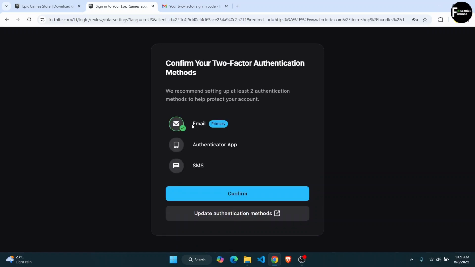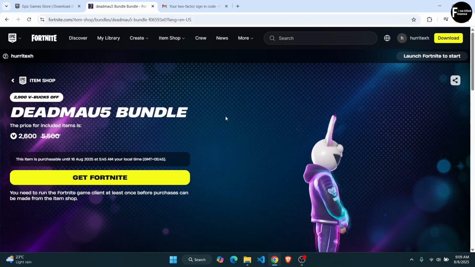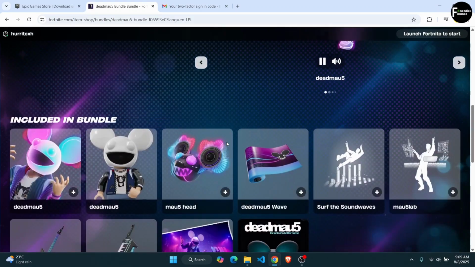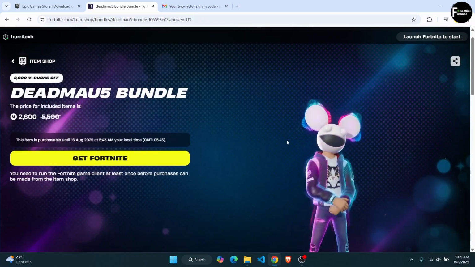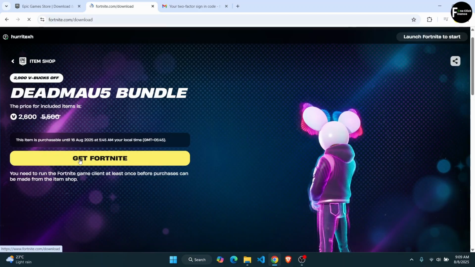Now you can confirm your two-factor verification, so let's just confirm this. And once you are logged in, you should be able to download Fortnite from here. And as you can see here, you're able to get Fortnite along with all of these bundles. So you can just click on Get Fortnite